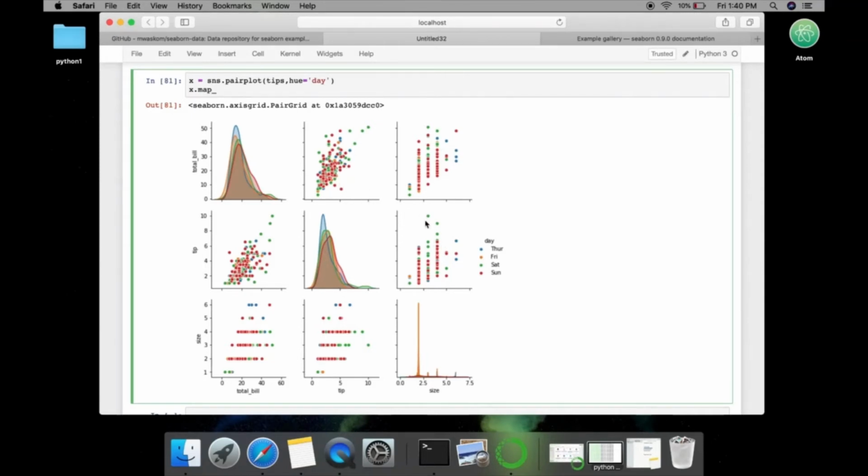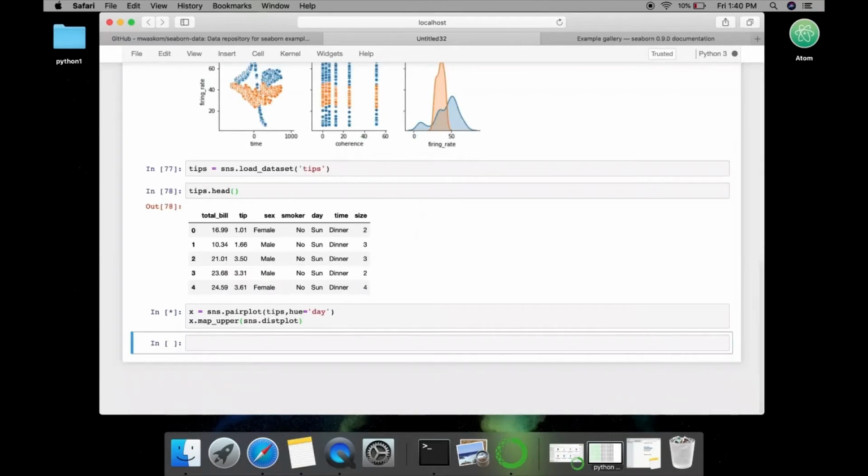These three are upper, above the diagonal, these three are lower, and this one is the diagonal. So you can choose any. If I choose upper here, then the parentheses, and then use sns. and the type of plot you need. If I need a dist plot, so here I have distplot, run that one,